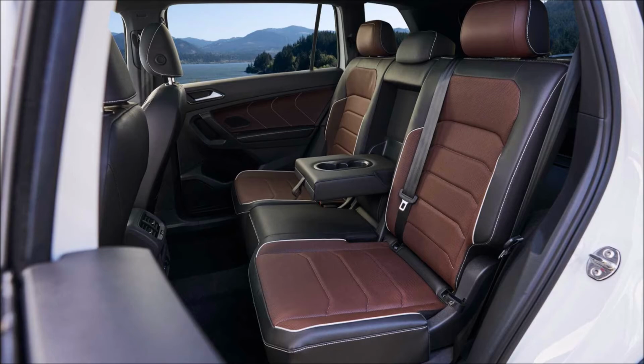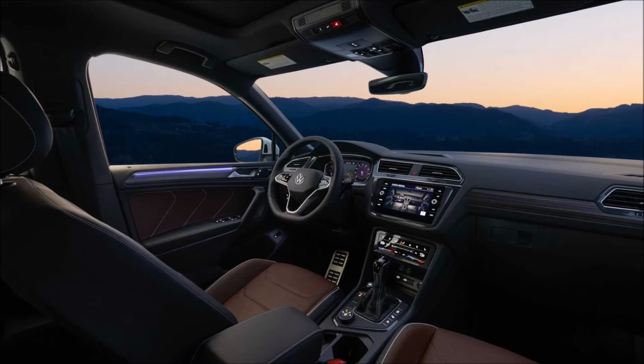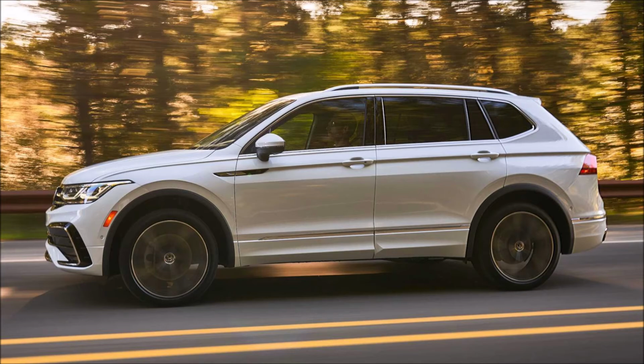No matter which ones you get though, in the US at least, they'll all be heated. The leather seats, meanwhile, can come ventilated to keep you cool on hot summer days. Now, the new interior colors also are available in the mid and high trim American models. The leatherette interiors can now be ordered in a light brown cinnamon hue, while the full leather gets a darker